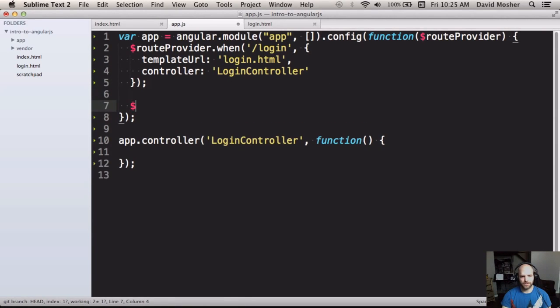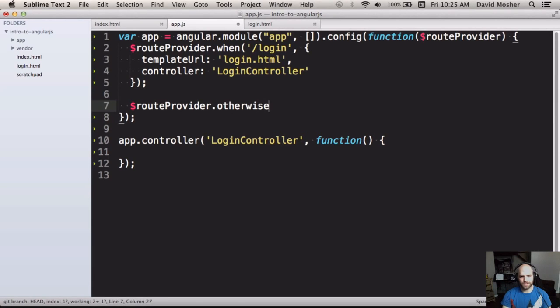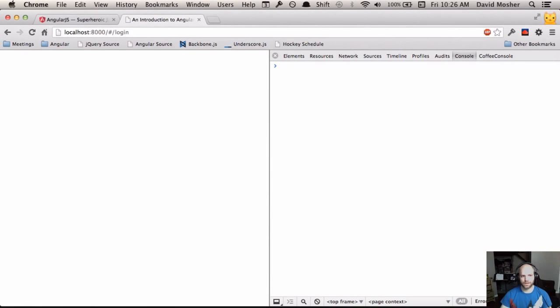Let's add the other piece that we need. The otherwise. So otherwise and when are the two adjectives that you interact with. And we're going to tell Angular that if you don't get a route, let's just redirect to login. And now,